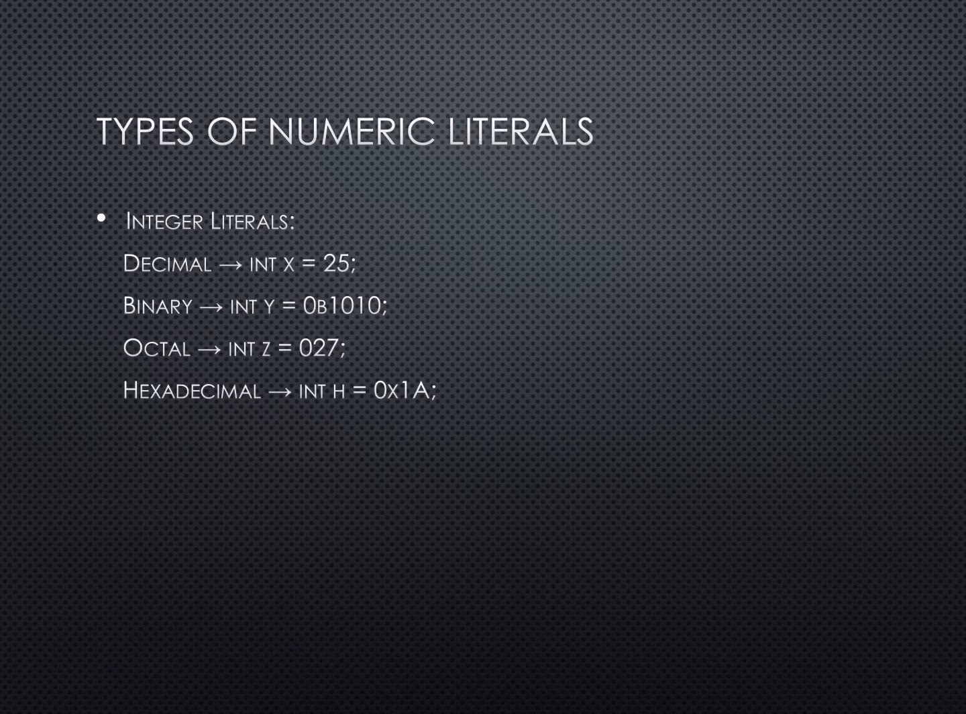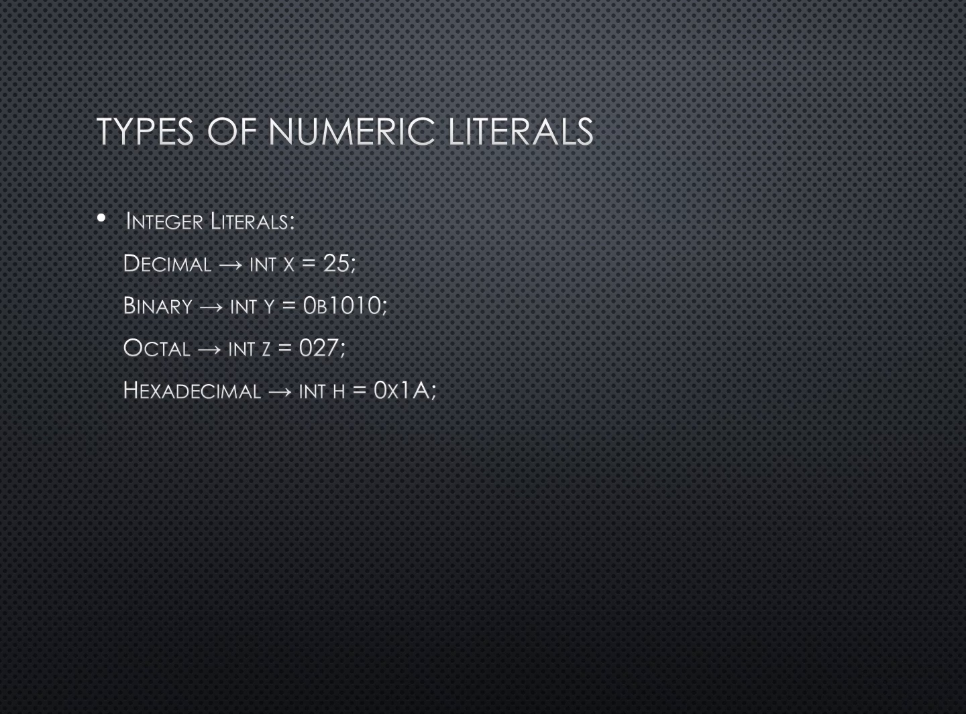Next one is the types of numeric literals. Java supports different types of numeric literals. Decimal literals, which are base 10 numbers, for example int x equal to 25. Binary literals, introduced in Java 7, written with the prefix 0b, such as int y equal to 0b1010, which